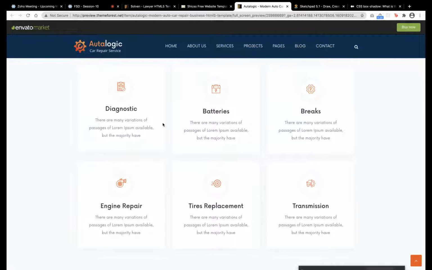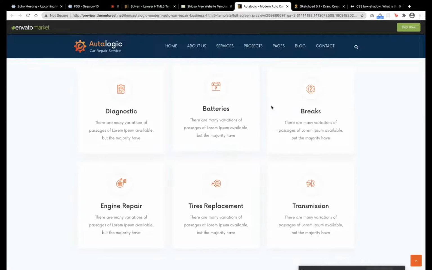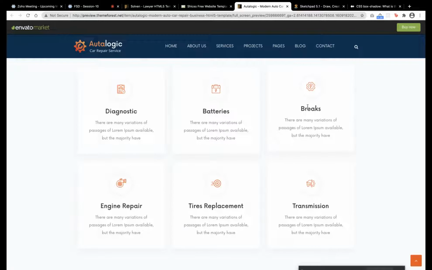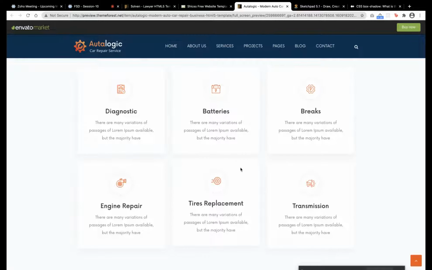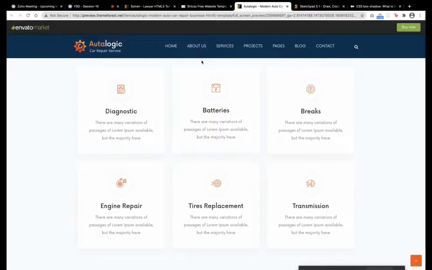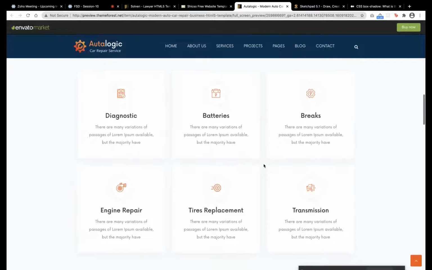For now, you know how to build this. You need to believe you know how to build this thing; separate things you can build. But what you don't know is how to make it in columns: 1, 2, 3, and then 4, 5, 6. So you do not know how to make it. That's where Flexbox is going to help us.